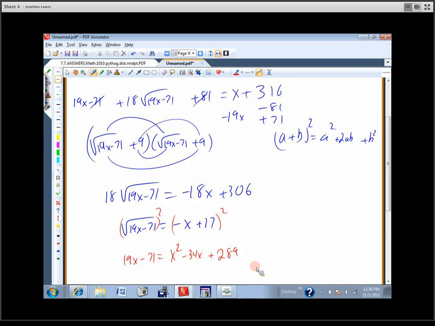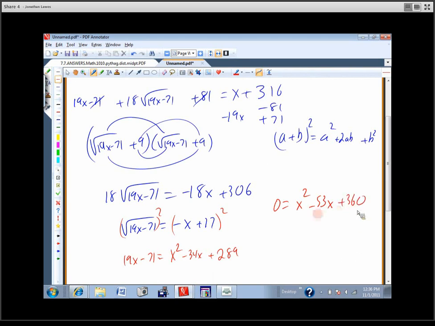It is going to be minus 34x. And once we get to here, this is now a quadratic. So you've got this to solve. 0 equals x squared. Let's see, if I subtract 19, that's going to be negative 53x. And if I add 71,